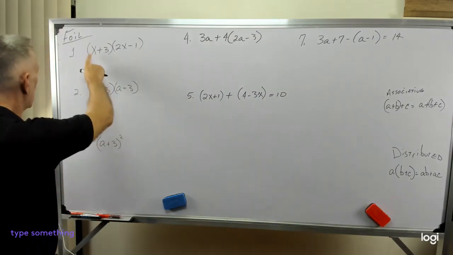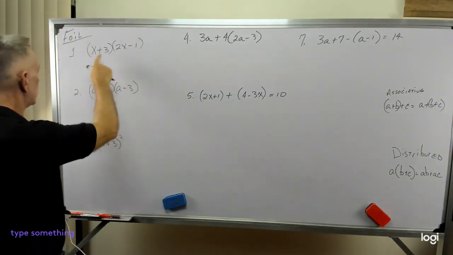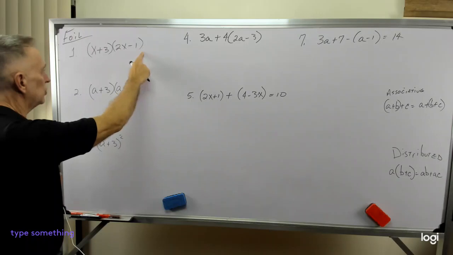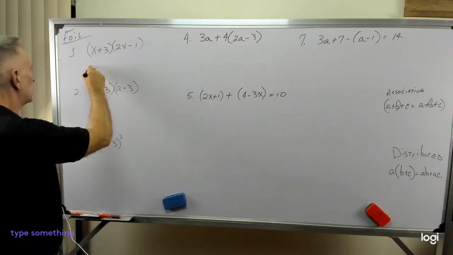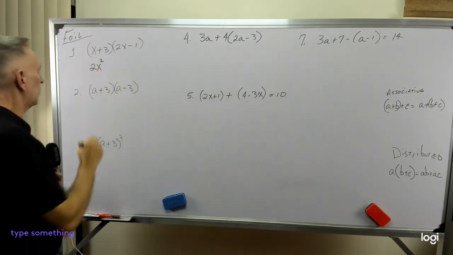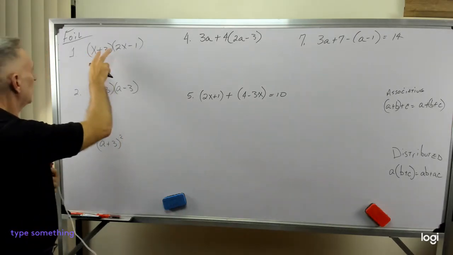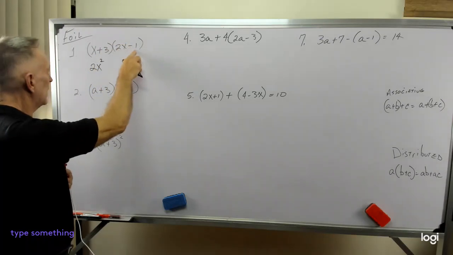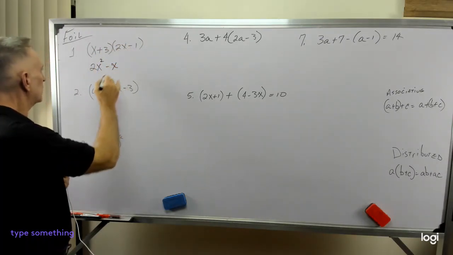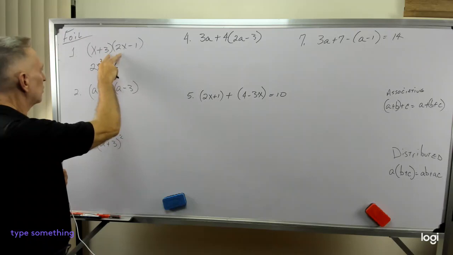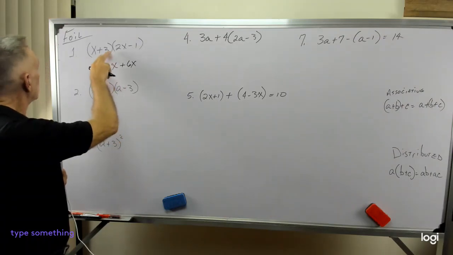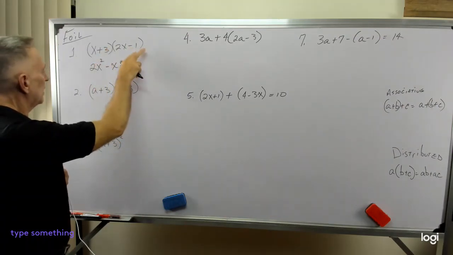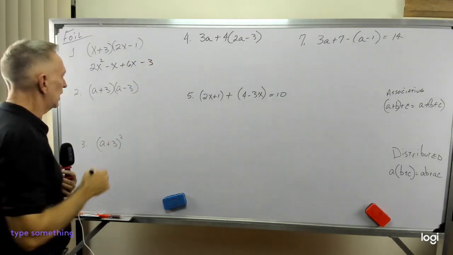So we're multiplying the first. In this case I have x plus 3 times 2x minus 1. So x times 2x gives me 2x to the second power. And then the outside, x times a negative 1 gives me a negative x. Inside, 3 times 2x gives me plus 6x,